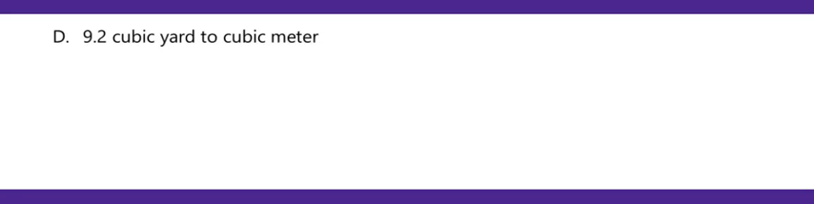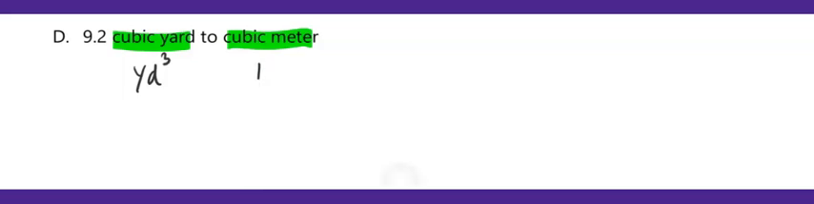This question asks you to convert cubic yard to cubic meter. Notice that the cubic yard symbol is yard to the power 3. The cubic meter symbol is m to the power 3. This is the volume unit, but you should know how many meters equal how many yards. So this is going to be provided for you, but I'm going to write it down here. 1 meter equals